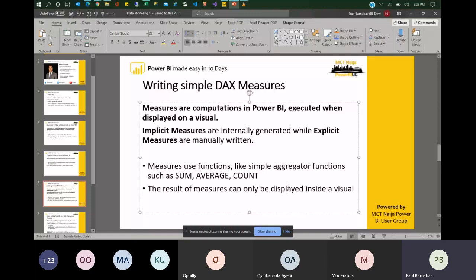For a calculated column, immediately you commit it, you can see the evidence of that calculation, the DAX function you just wrote. But for a measure, you would only be able to see the result when you insert it into a visual. So take note of those two different things. Let's go about writing a simple DAX measure.